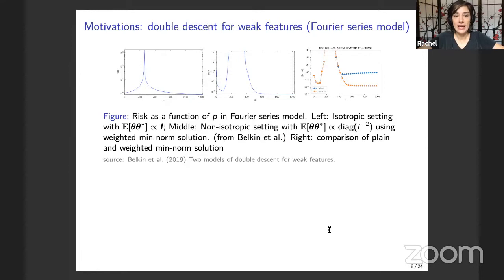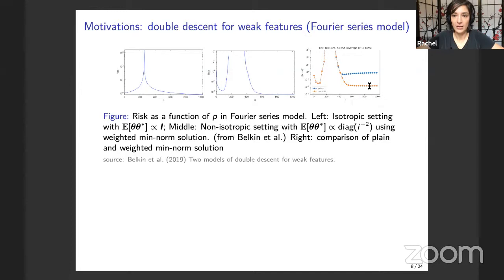Okay, so we're going to try to explain in particular a figure that was in this Belkin et al. 2019 paper, Two Models of Double Descent for Weak Features. This paper and another paper have been very influential in coining the term double descent phenomenon in deep learning, and really pointing out that this over-parameterization is not some phenomenon of deep learning, it's a more universal phenomenon that's also observed in just linear problems. So here they plotted in this paper these experiments that they didn't have theory for, which showed here in the middle that the risk really goes down as the number of features P gets very large,